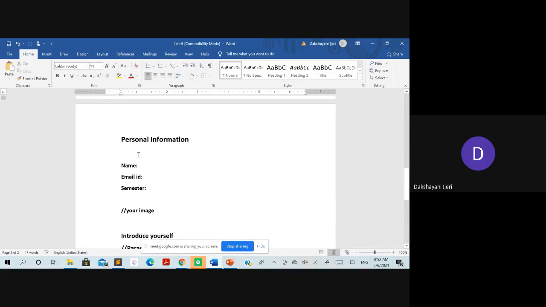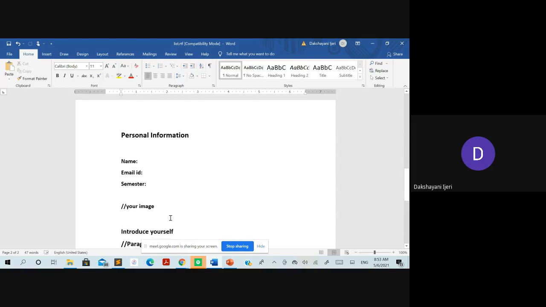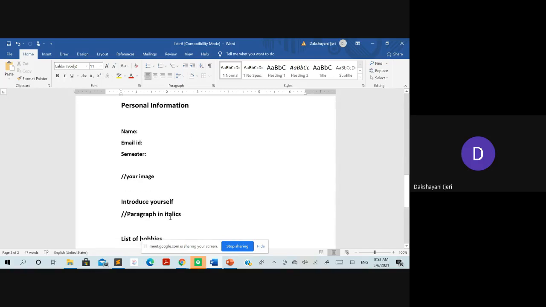So in simplicity, the question might be given in the form: create an HTML page to have the following content. Right. So heading as personal information, followed by these again as labels, but having a font size lesser than this personal information, but they should be in bold. And then here you have to put your image, or else right now you can take any random image if you don't have your image in your system.